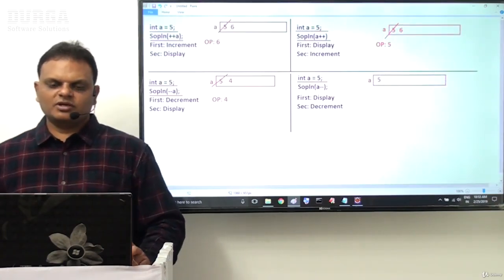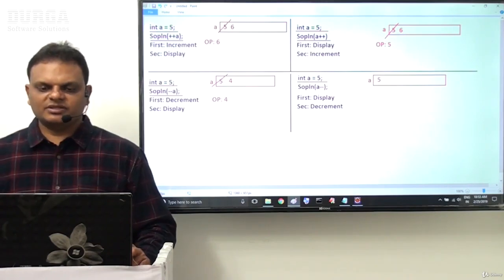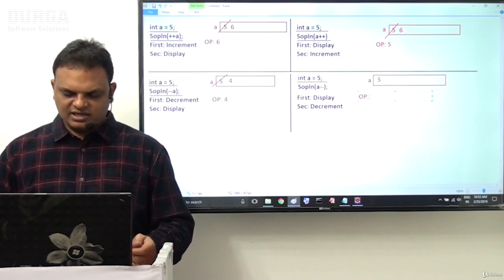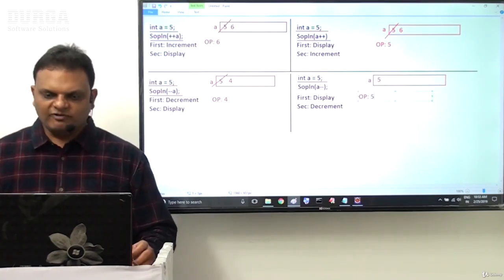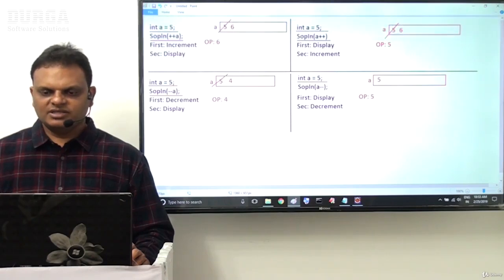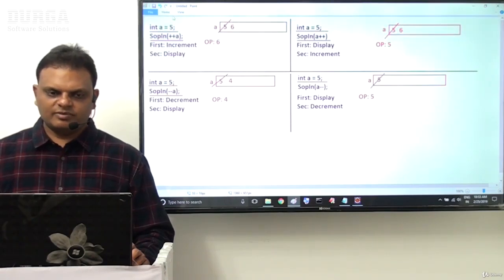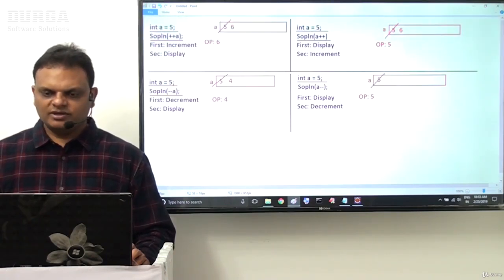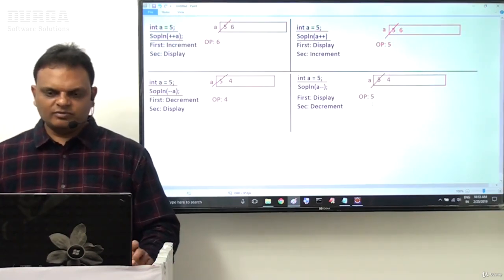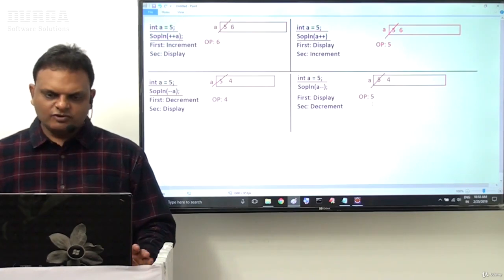Now this is post-decrement. Post-decrement means first of all the current A value will be generated as an output. What is the current A value? That will be 5. After that, the second operation is decrementing that A value. Internally the A value is decremented by 1. So we get the value 4 directly. So the output is 5, but the internal A value is 4 only.